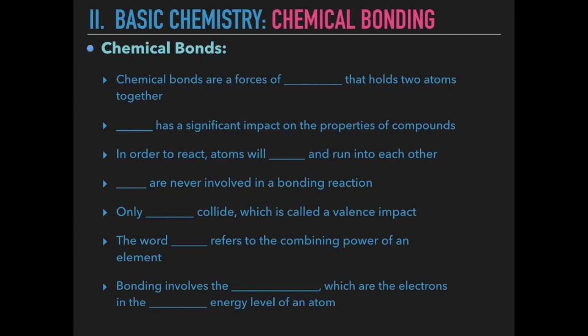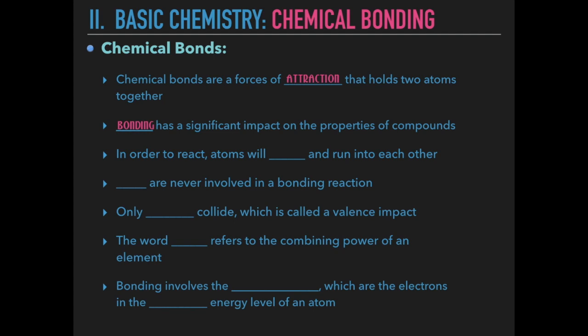Now let's talk about those chemical bonds. Chemical bonds are a force of attraction. And we're going to talk about what those atoms want in order to be attracted to another atom. Bonding has a significant impact on the properties of a compound. When the atom bonds, it will now have a new trait, a new character. We briefly talked about how sulfur is yellow and copper is an orange color. But if you chemically bond them together, they form a new substance, which is a blue crystal, which is copper